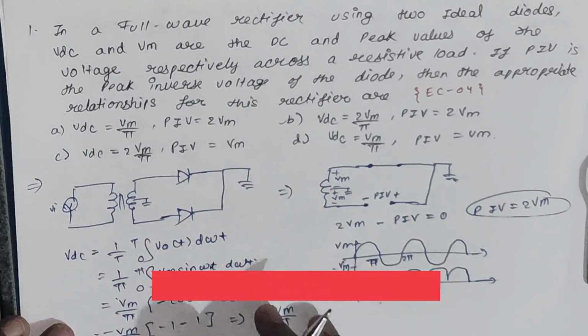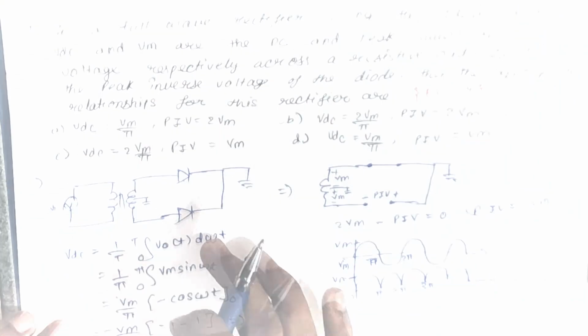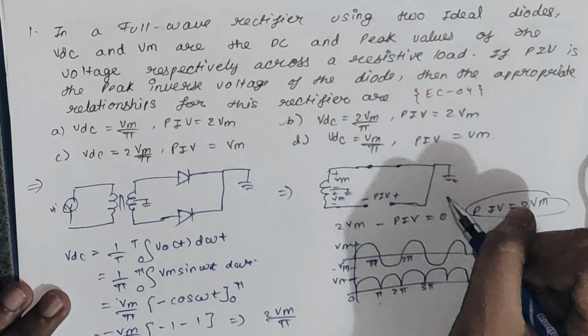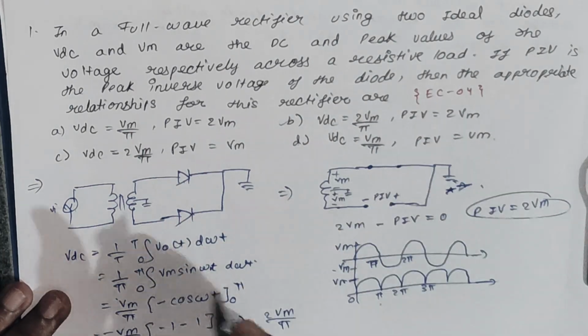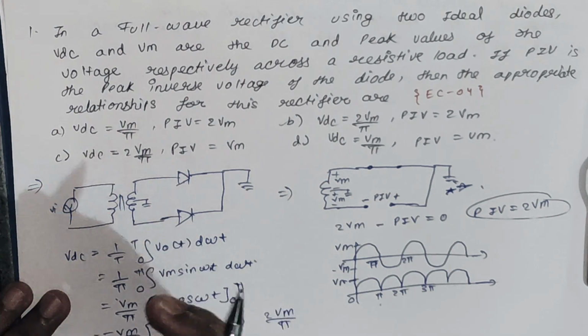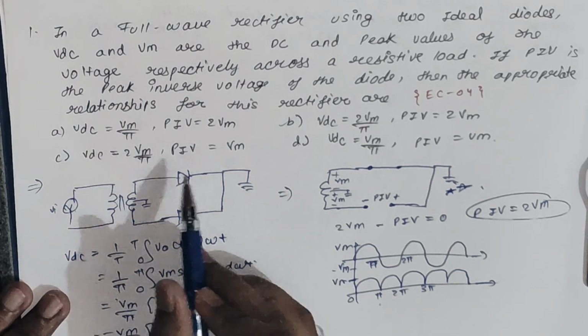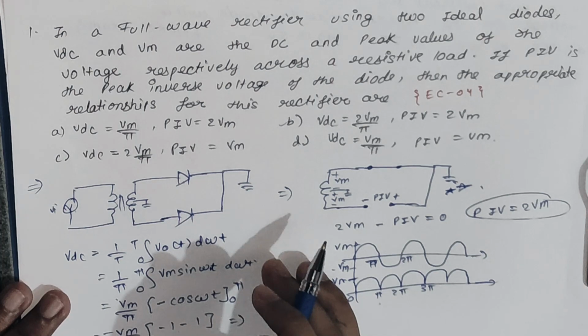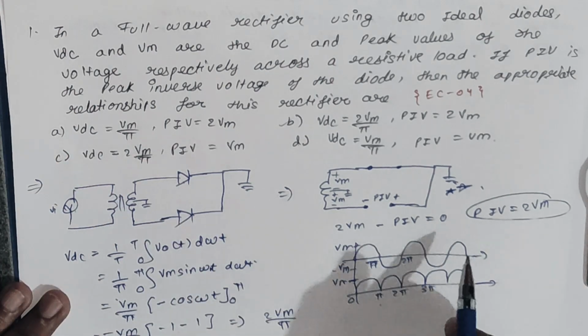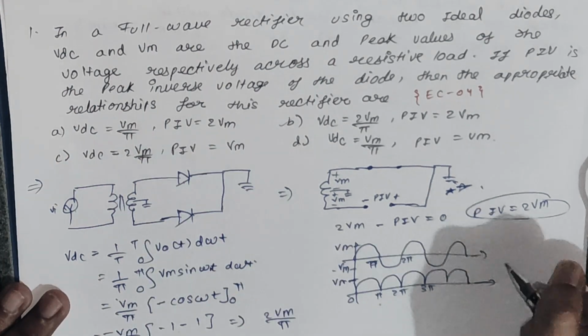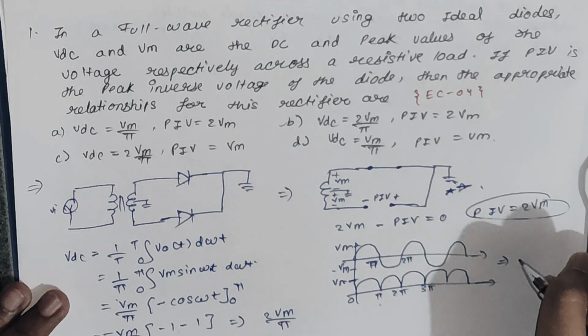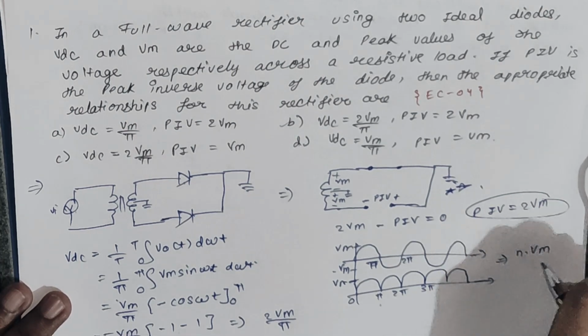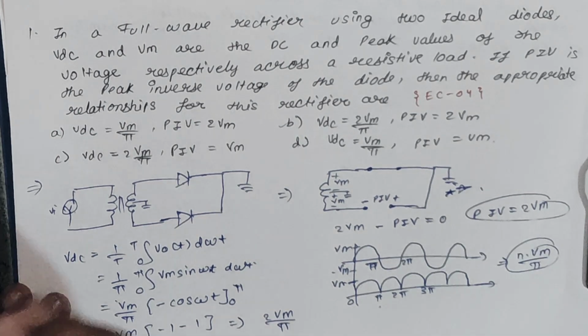So this was the traditional way by which you can find out the DC voltage, but let me tell you, for PIV this method is the best, but for VDC you should not always use the formula. Why? Because you know this is the circuit of a standard rectifier, and we also know the waveform of this rectifier. So you can do one thing, you just remember this: n into Vm by pi